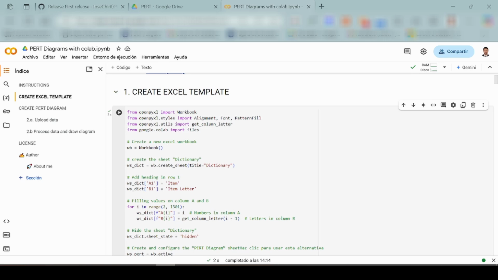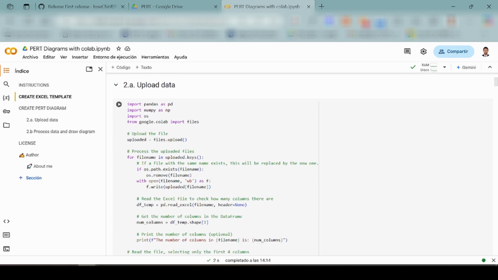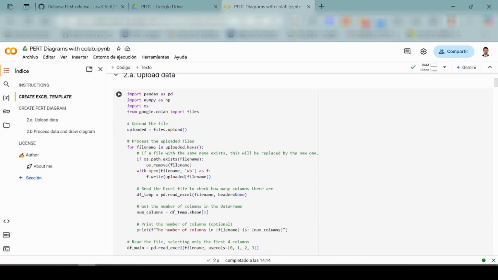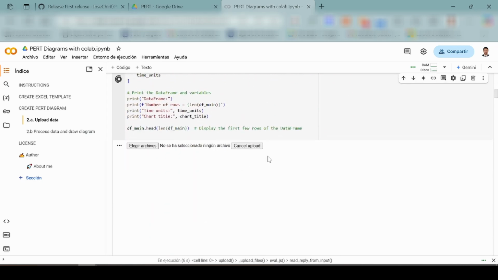Now, coming back to my notebook, I need to load the data of the Excel. So for this, execute the second cell. Remember, go to the button of this cell. Using the button, you have the option to choose the Excel that you want to load.